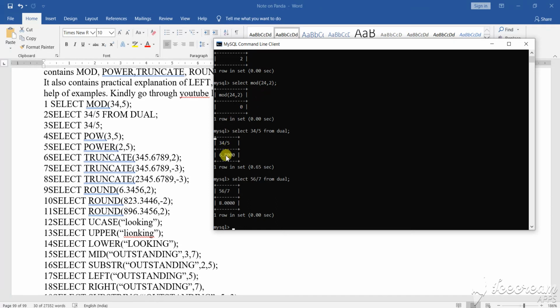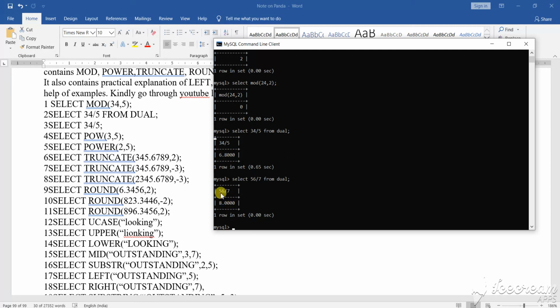Each column should have some name. Like 34 divided by 5. What will be the result if we divide 34 by 5? 5 sixes are 30, then 4 will come. Then you give a point, then 0 will come. 5 eights are 40. Next, those zeros, up to how many decimal points will it come? 1, 2, 3. Okay, 3 decimal points. That means after the decimal point a total of 4 figures will come.